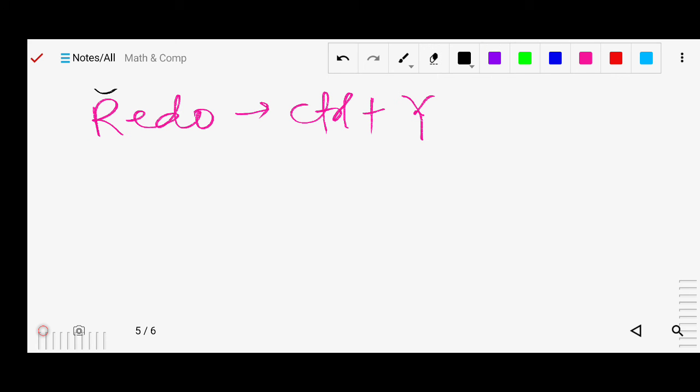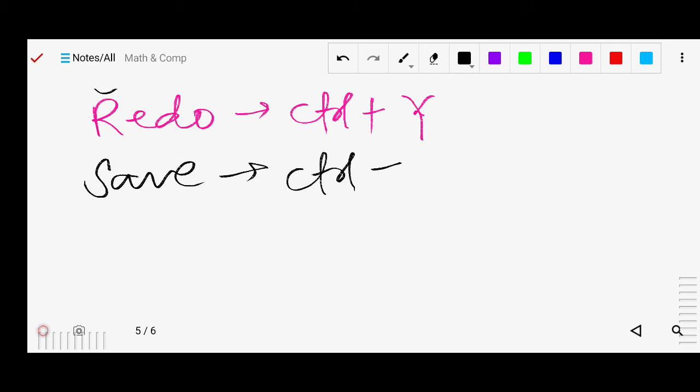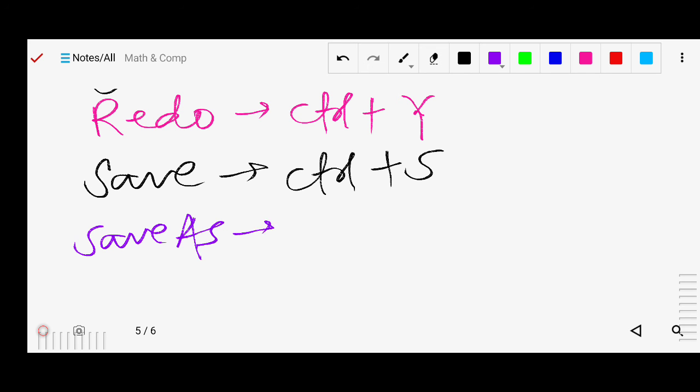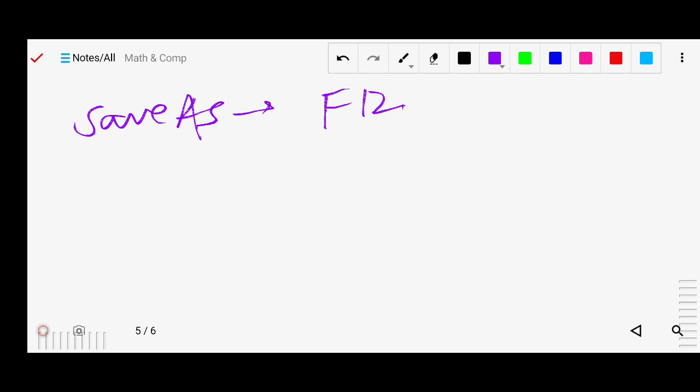Next we have open and save. For save, we can use Control plus S. To get the Save As option, we can use the F12 key. F12 will help to get Save As. Now next, we have studied the rename.